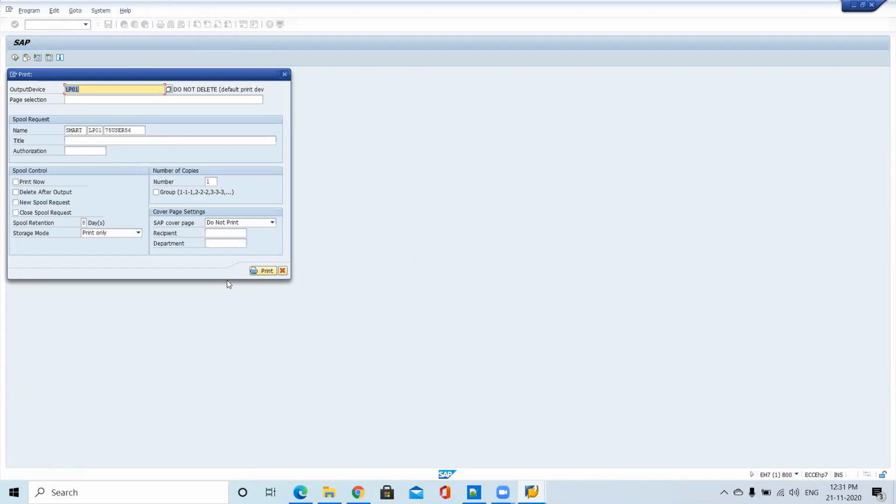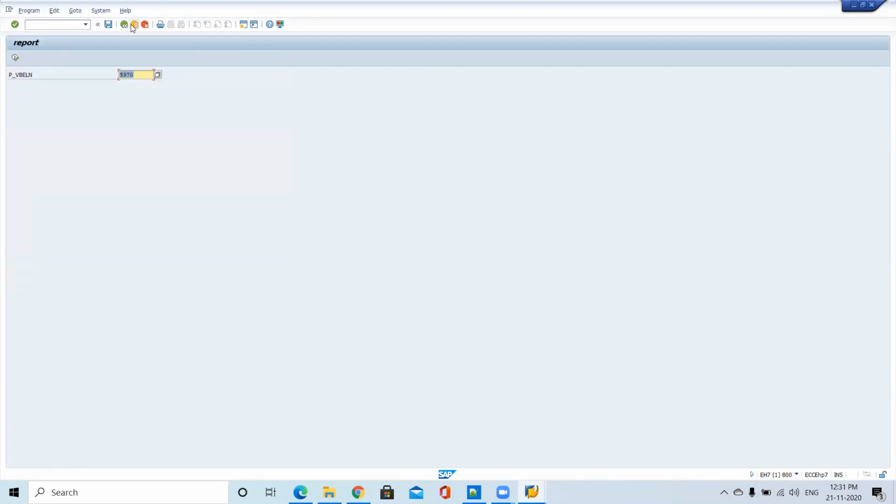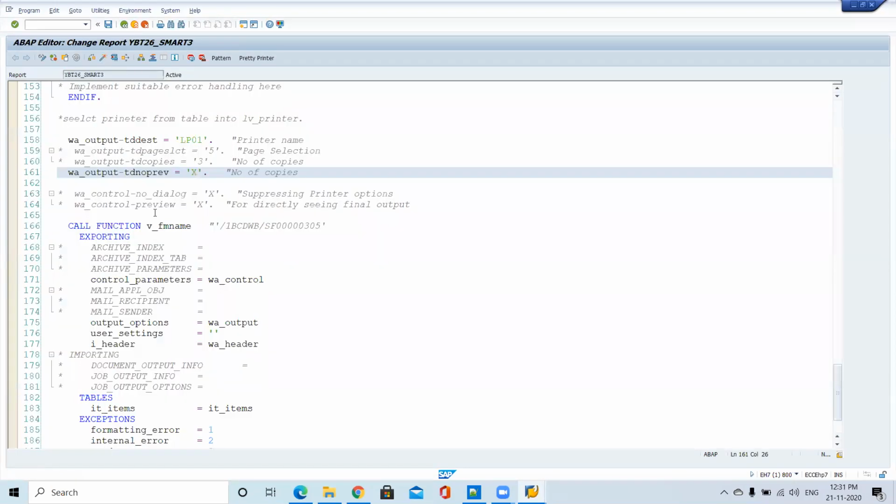Why? Because if the information is important and I don't have access to see it, if I click print directly, it will go to my manager. He will take the printout and send it to some next level person. That means they are not giving an option to print. So in that case, we can pass that parameter from your program: no preview equal to X.